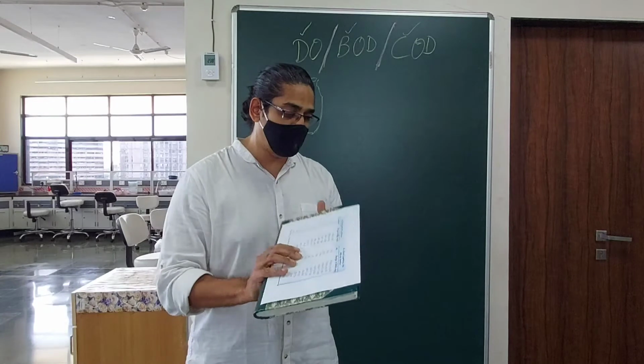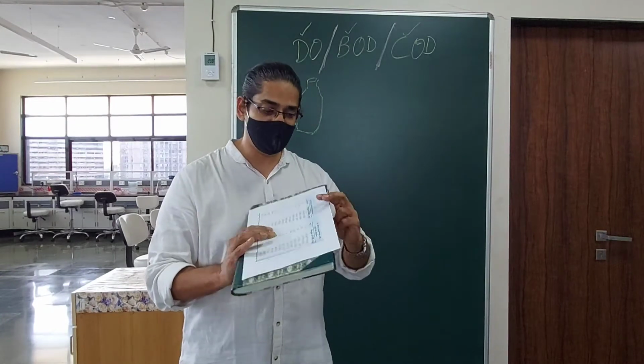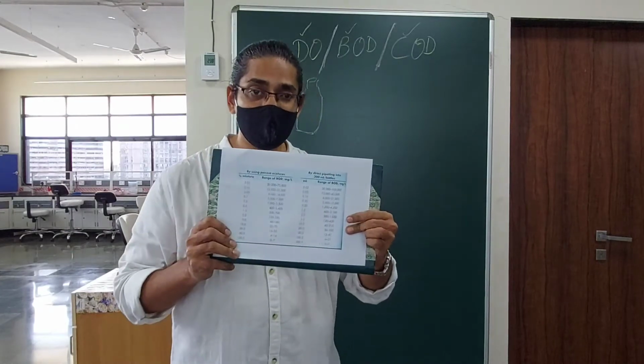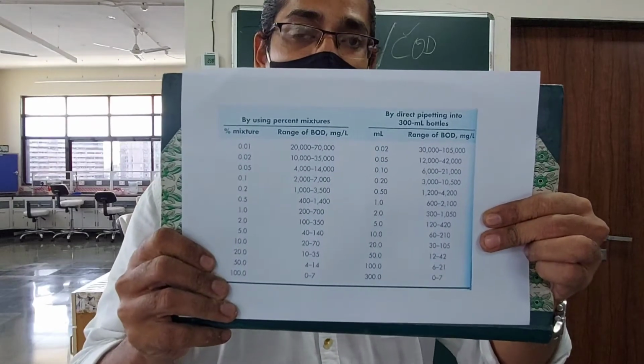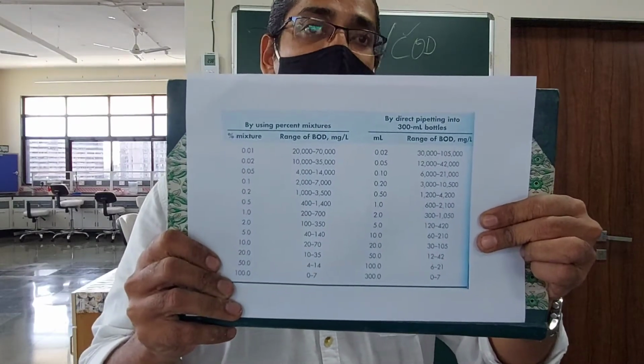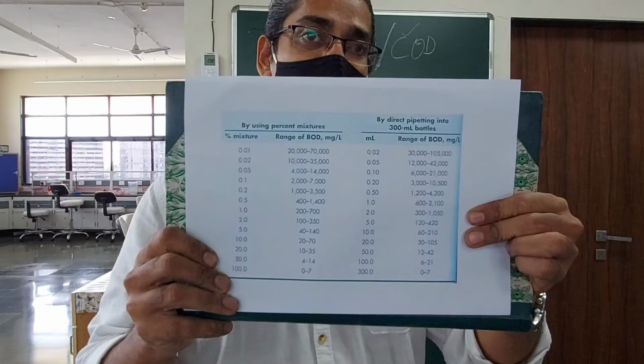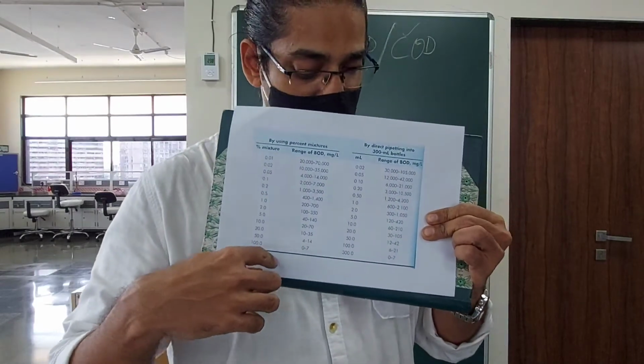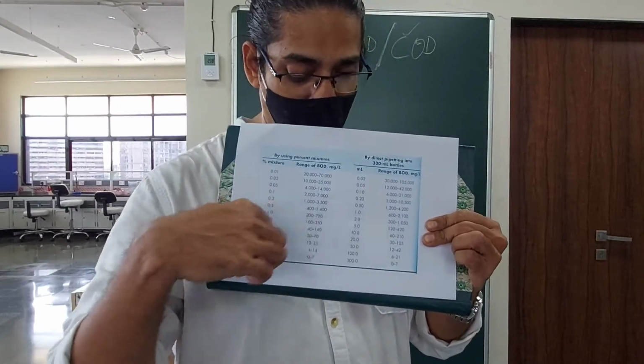Now these are the standard dilution charts which you will get off the internet. I had also printed one of them. I have to come closer to show it. Is it good? Yeah. Now this, again, I got from the internet. I didn't make it myself, right? So with these kinds of dilution factors, for 0 to 7 there is no dilution factor, and as and when more and more BOD is expected, the water is more polluted, you do more of the dilution, right?